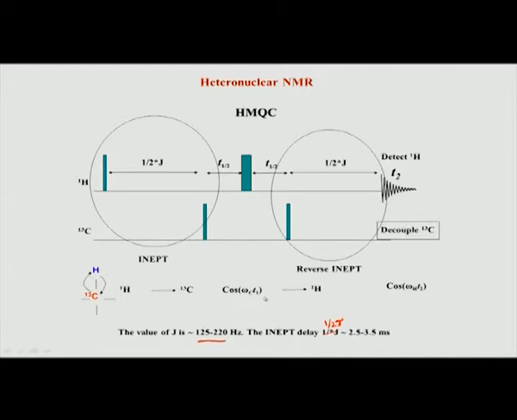So, we now basically have an FID which combines the chemical shift of carbon with the chemical shift of protons, but again remember we are looking at this pair here. Every pair which has a proton has transferred to its neighboring carbon and come back to proton. So, we have captured this chemical shift correlation or connection between these two in this pair. Every one bond proton carbon pair attached will show up in your spectrum.